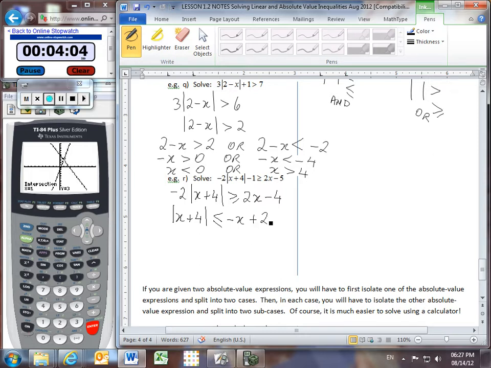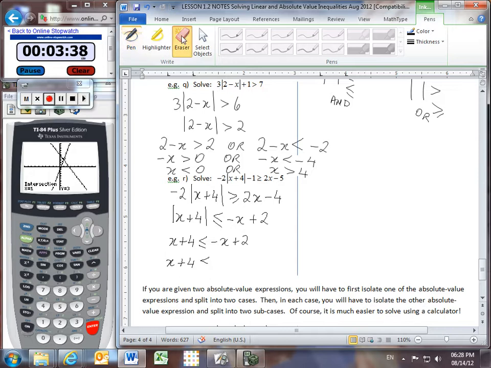Now we're ready to split into two cases. Our first case, we simply take away the absolute value, and nothing else changes. Is this an AND situation or an OR situation? Well, we have the absolute value is less than. That makes it an AND situation. So let's split into the two cases. X plus 4 is,